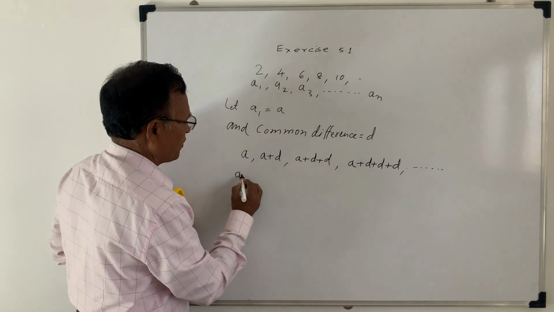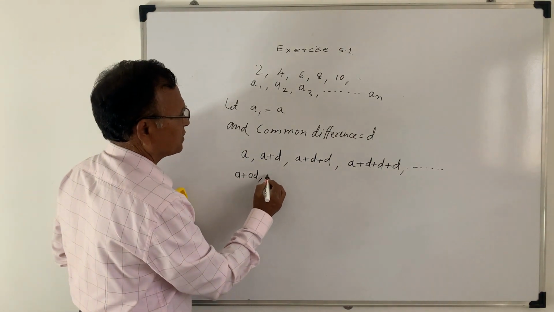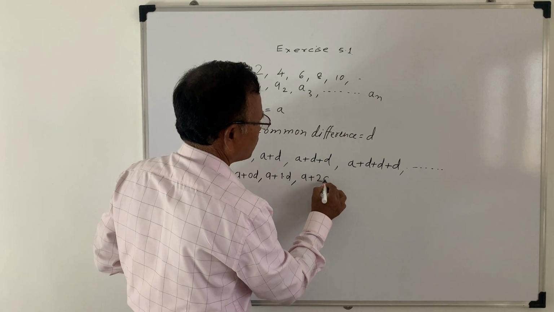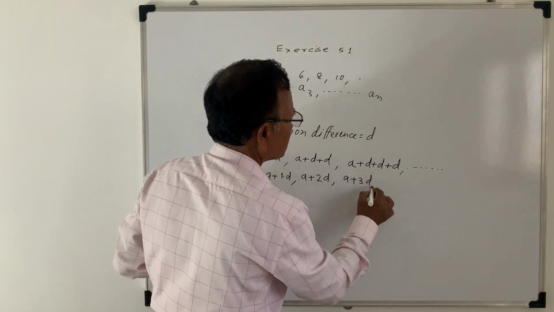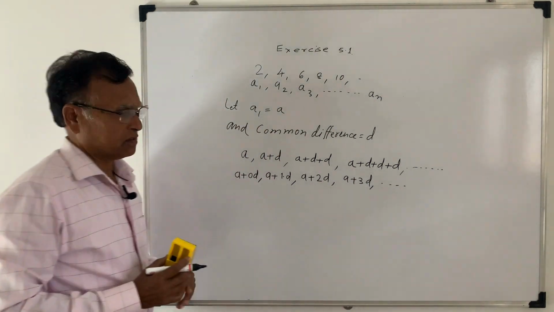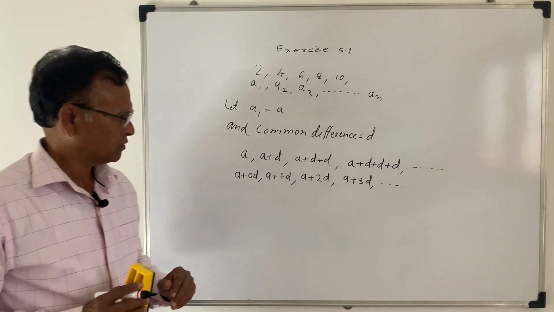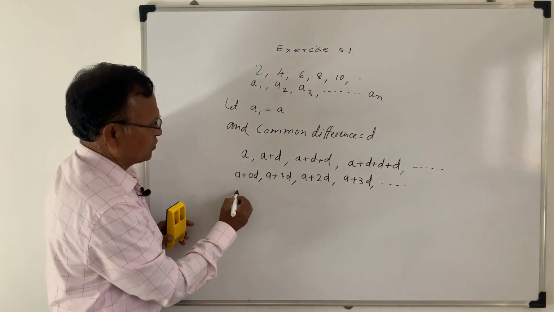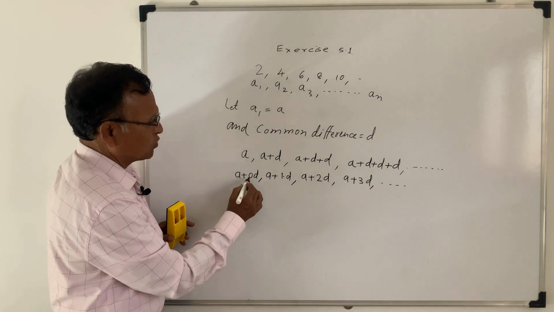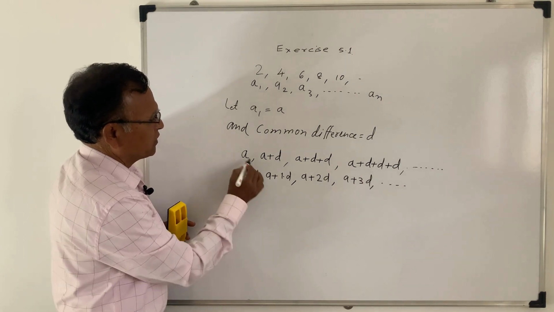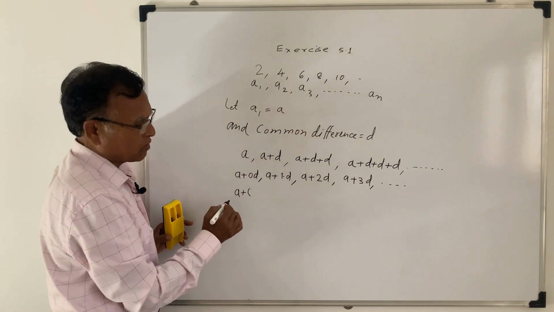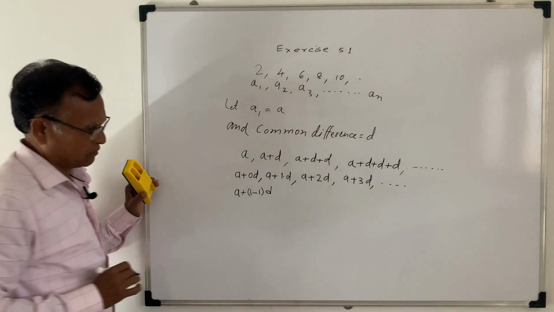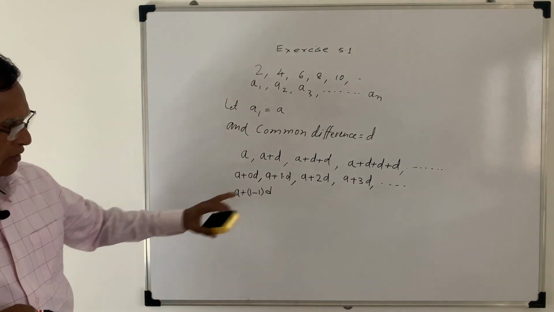यानी इसको फिर से आप a प्लस 0D लिख सकते हैं, इसको a प्लस 1D लिख सकते हैं, इसको a प्लस 2D लिख सकते हैं, इसको a प्लस 3D लिख सकते हैं। ओके, we can write this in this way. अभी ये जो फर्स्ट टर्म है, इसको a प्लस 0D है, तो इसको आप 0 को ऐसा लिख सकते हैं, 0D यानी 0, there will be no problem. So 0 can be written 1 minus 1 D. Okay.